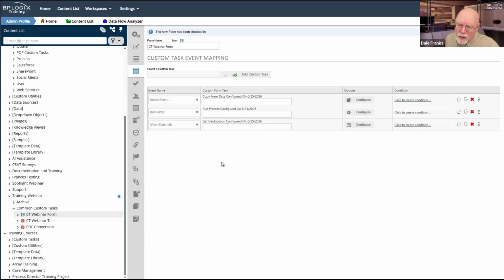So you've really got three levels of things to think through. First of all, can it run on a form or can it run on a process timeline? If it can, is it something I want to do in the process? And also, if I run it, will it affect the process itself? Or is it something that only affects the form and can be safely run from the form?